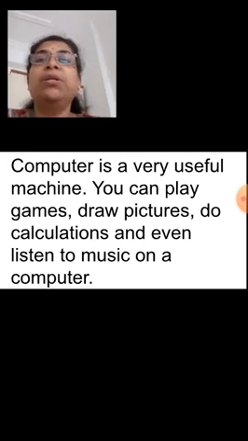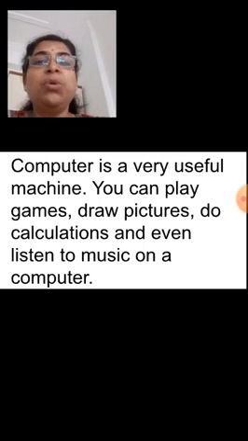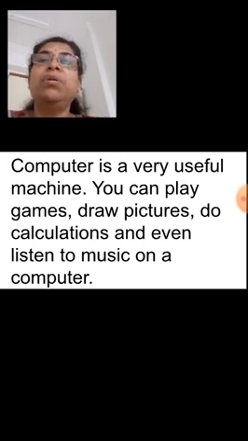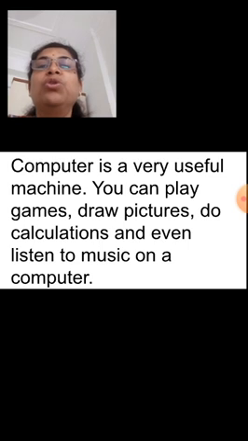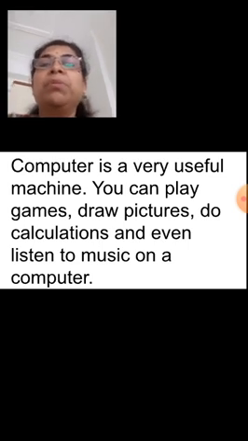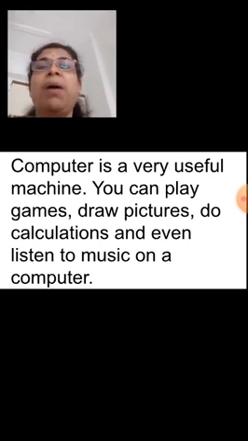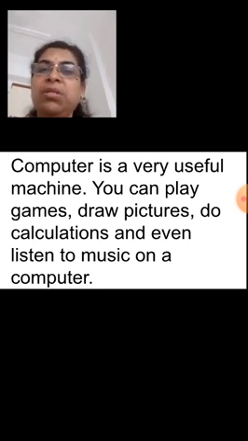First is your monitor, second is your CPU, that is called the brain of the computer. Third is keyboard, on which small keys, or it is called buttons, are there, on which alphabets, numbers and special symbols are written. And fourth is your mouse. That computer part is very tiny, small part. Okay, so altogether it is called computer system.